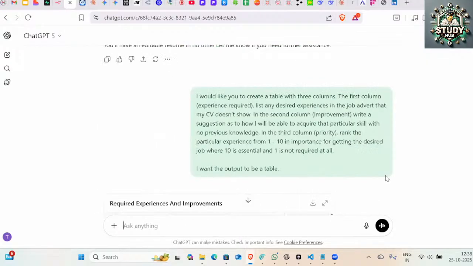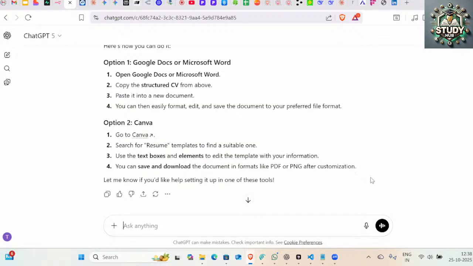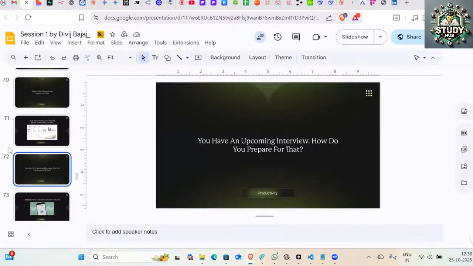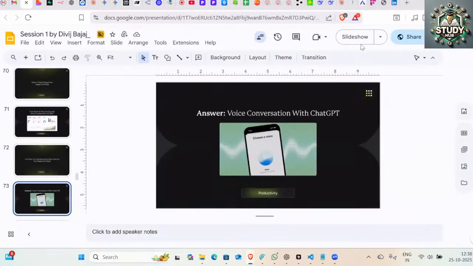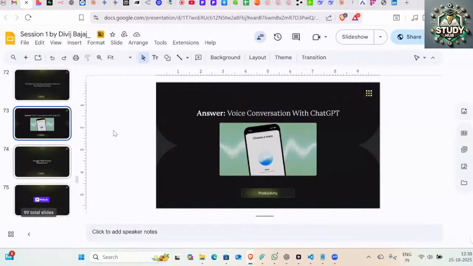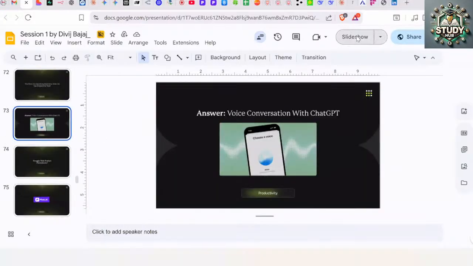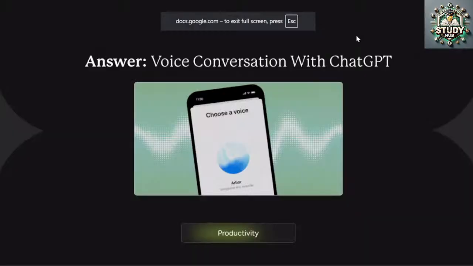Because we are doing everything in the same chat, right? So that is how you can use the entire workflow to prepare yourself for your next interview and get things done. This is the very major hack you can imagine. Every student should do it. And as I told you, you can apply it to different fields also.